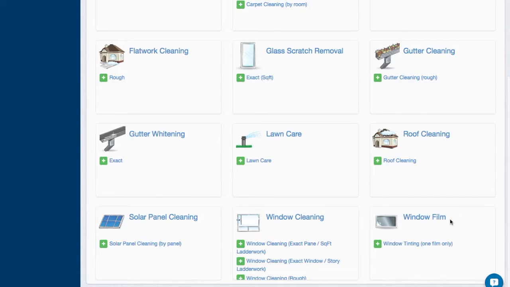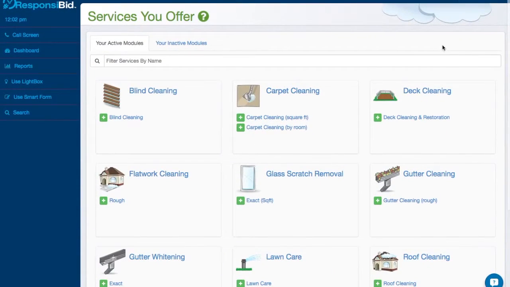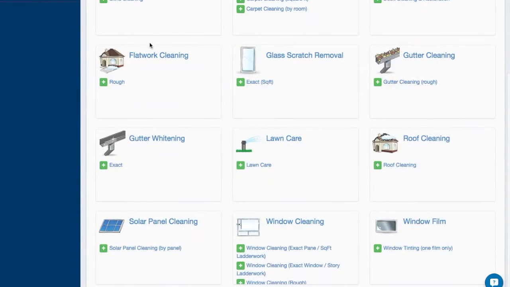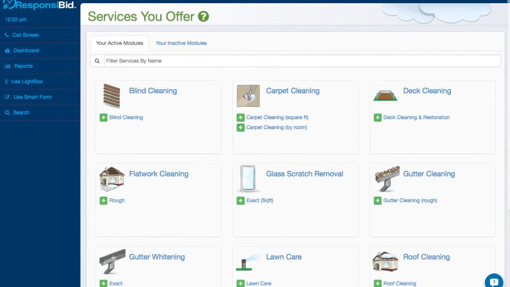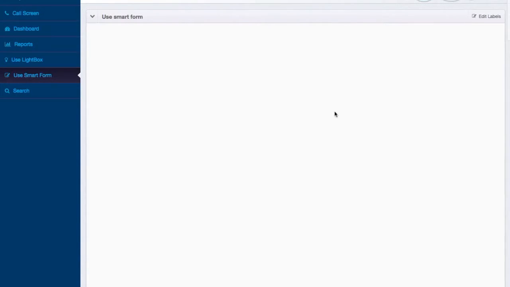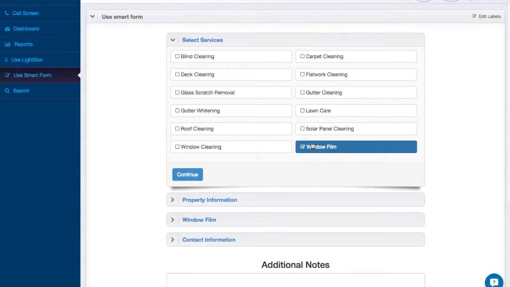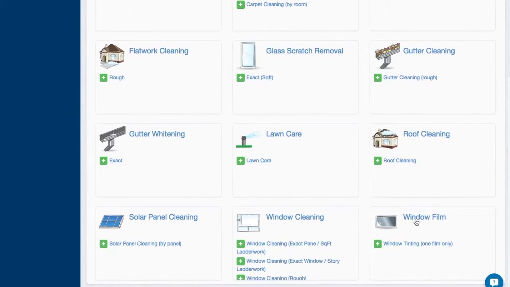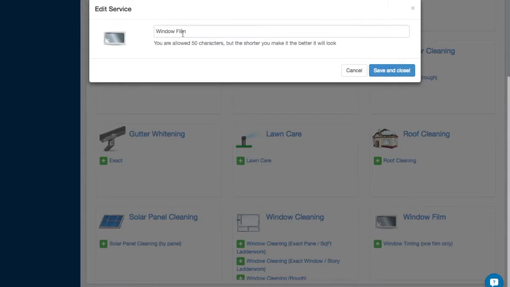Window film is the name of the service, and window tinting, one film only, is the bidding type. Now, some services only have one bidding type, but window film happens to have two bidding types. And if you clicked on the smart form and you wanted to see what the customer would interact with, you can see that when they select window film, and refresh this page, when they select window film, that terminology is coming from here. So if you need to change that from window film to window tinting,